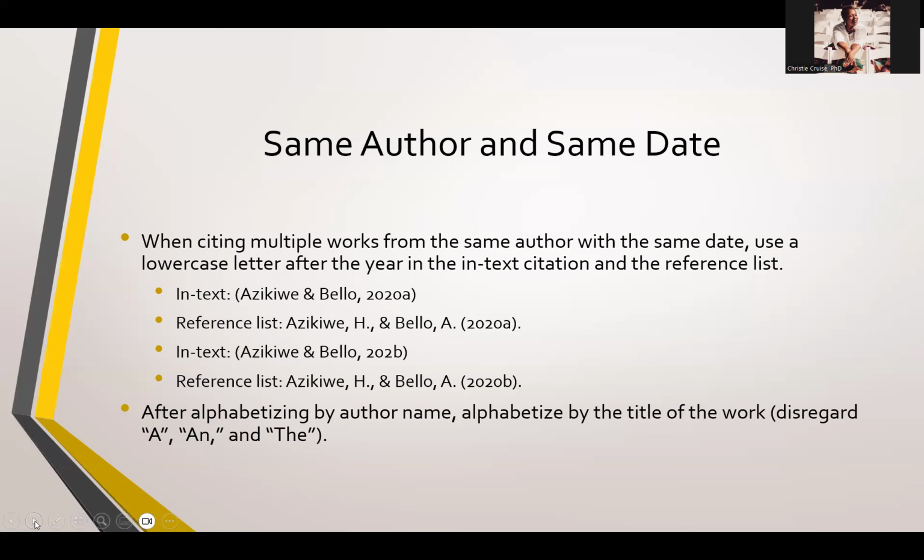So in text, it would be the authors, 2020A, and in the reference list, you would do the same thing. And then in text, you would label the other 2020B. I left out the zero, sorry, 2020B. And then you would do the same in the reference list. After alphabetizing by author name